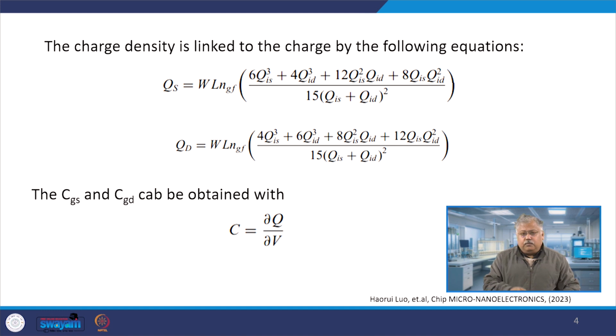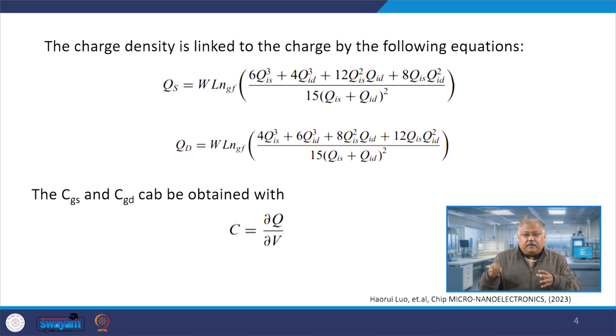Now whenever you try to find out the charge, this we have already seen in our previous lecture. I want to just quickly take care of this charge and the capacitance equation. In most of the MOS devices or even HEMTs, we assume that the device is symmetric in nature, which means that if you interchange source and drain, if you interchange both sides, then we assume that there will be no change in the current. However, in reality that is not true. The reason for that is that the charges which are available at individual points within the channel